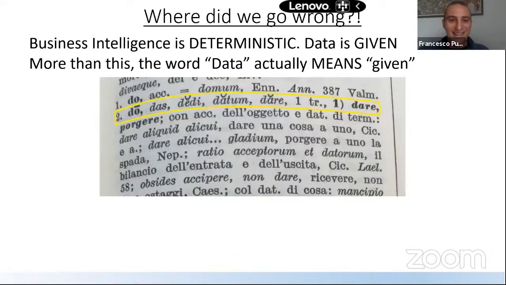So I actually asked my uncle a month ago to take a photo of a dictionary of Latin, because for Italians it's obvious, but for you it may not be, because data comes from the verb dare, which is Latin and it's also Italian, and the past of dare is datum. So data literally means the things that are given. So why do I say this?